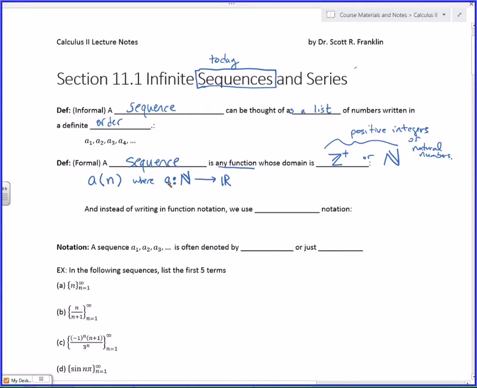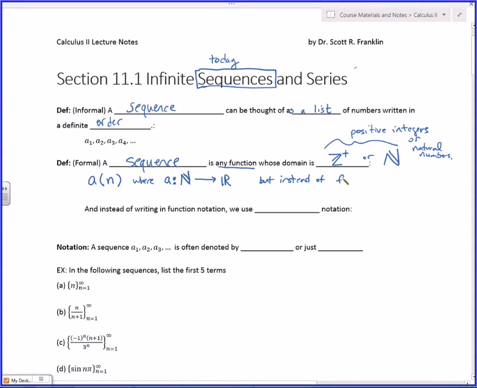So a is a function that maps the natural numbers into the reals. In other words, it's only defined at 1, 2, 3, 4, 5, 6, and so on. There's no a of 1.5. It's just a of 1, a of 2, a of 3. So the only inputs are going to be n, where n is a positive integer. Okay? But instead